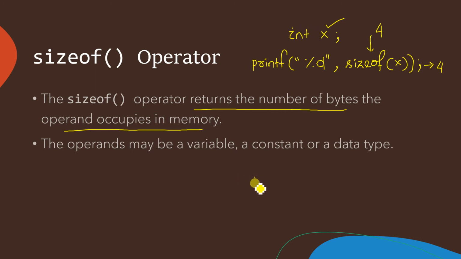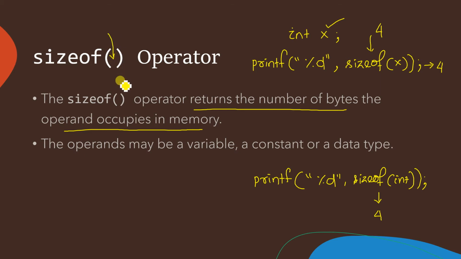So what you are going to write, you can directly write something like this inside your main function. You'll write printf %d, then you can write sizeof(int). If you do like this, then this line will show you the size as 4. I'll write a complete program to show you how it is actually showing the size. But remember, inside this bracket you have to specify your operand.